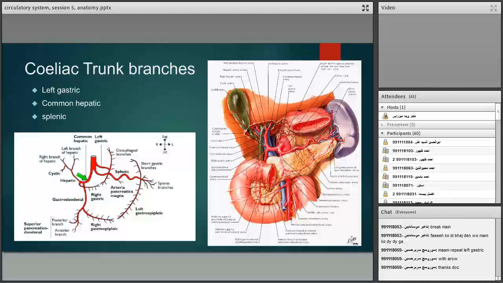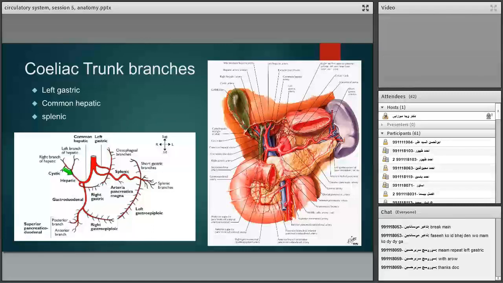So, the common hepatic branch is dividing into two branches. One of them is going downward with the name of gastroduodenal. Here, gastroduodenal. The other is the proper hepatic and going upward